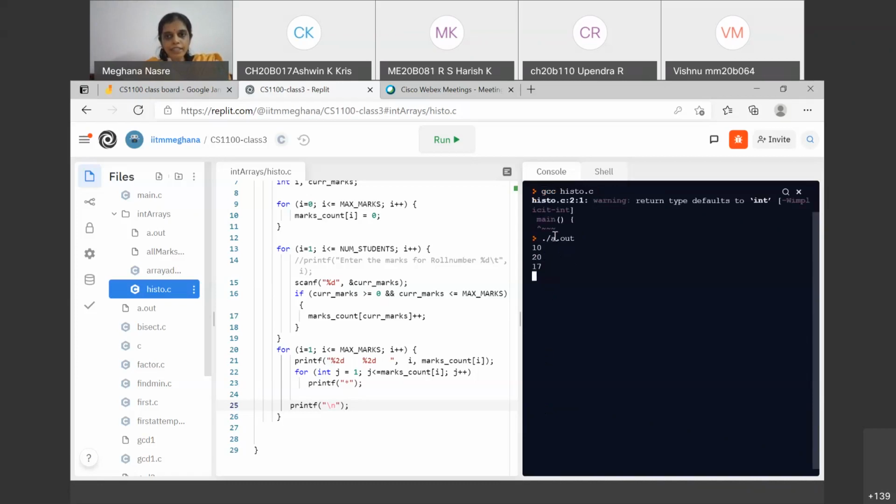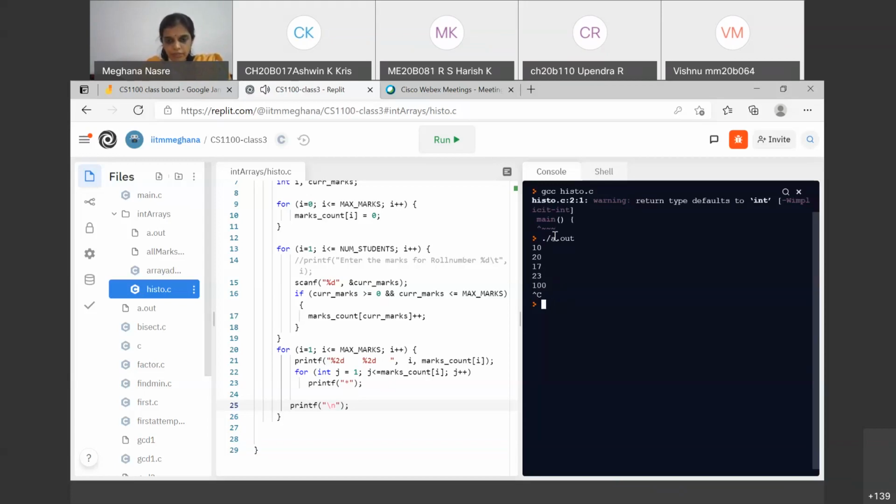Let me just enter a sample mark, which is 23. And okay, so I don't know what the program has done here. Still reading. It should have given a sec fault, but okay. So I don't know why it is not giving a sec fault. We'll come to it. But let's run the program with.